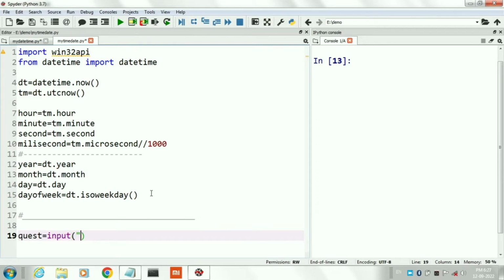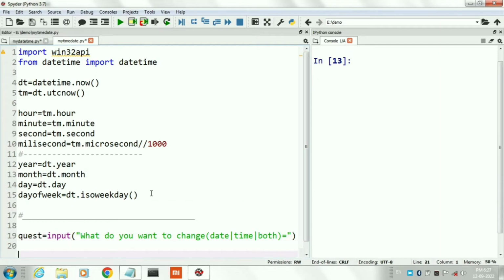Now in third part we will ask input from the user. Here we will give 3 choices to users: time, date or both. If user selects time, then he will have to enter new time in form of hour, minute, second and millisecond.